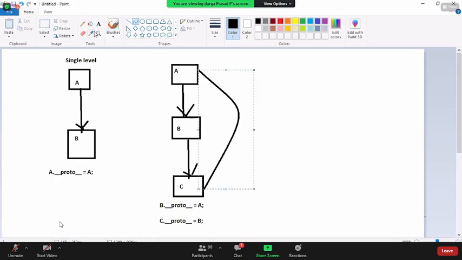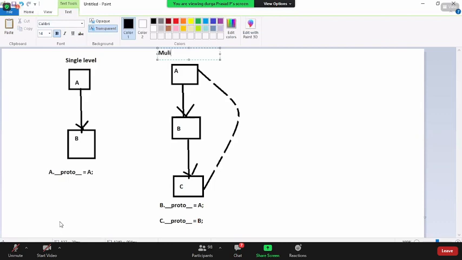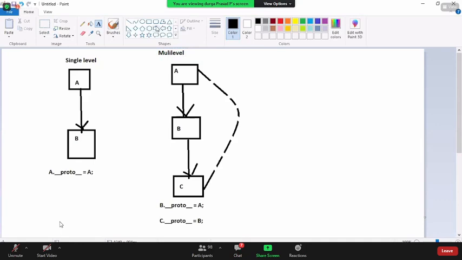This is what is going to happen. This is indirect, it's not direct. Indirectly, we are able to get the data of A into B. Now, if you ask me a question, we are not inheriting A into C, right? But as we are inheriting the data of A into B, C will get the capability of accessing the A data also indirectly. This we call multi-level inheritance.